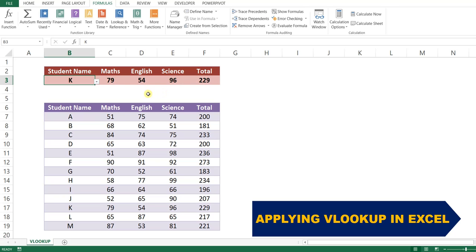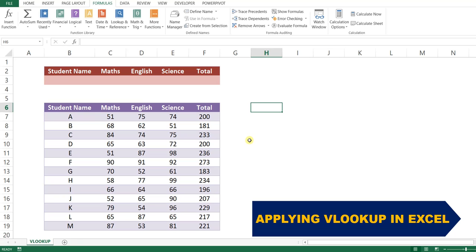So how does this happen? This is with the help of VLOOKUP formula, which you can see in this formula bar. So I have applied VLOOKUP formula for each and every cell where we want the desired output. Okay, now I will explain you from the scratch how we can apply the VLOOKUP formula. So first of all, I will delete all the data from these cells so that you will not get confused.